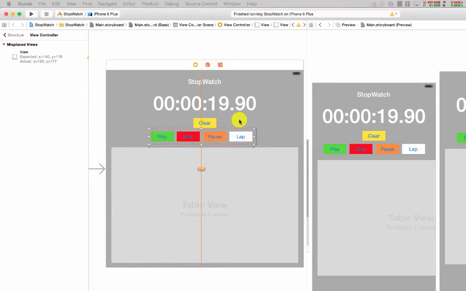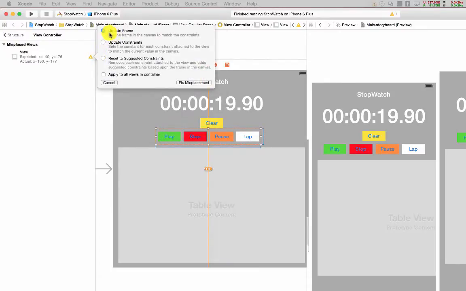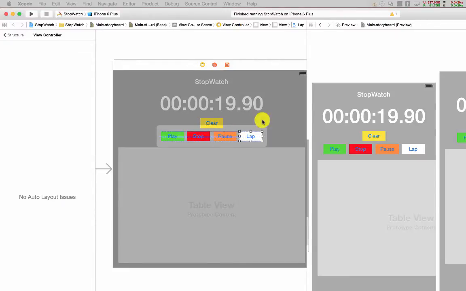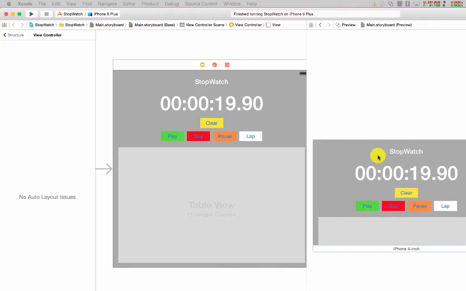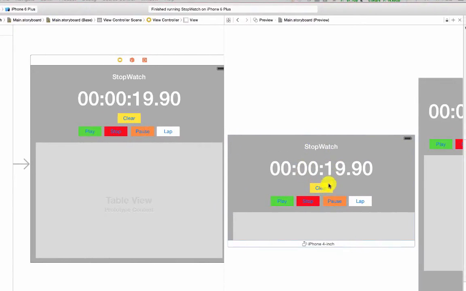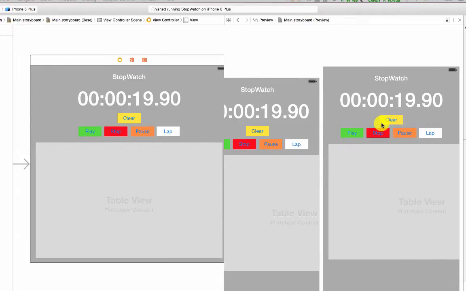So you can simply move the view to the x and y address like this, or you can choose the little triangle here and choose update frame, fix misplacement, and our view will be correct. Okay, and you can see at the right side here, now the stopwatch, time label, and some buttons here are correct,